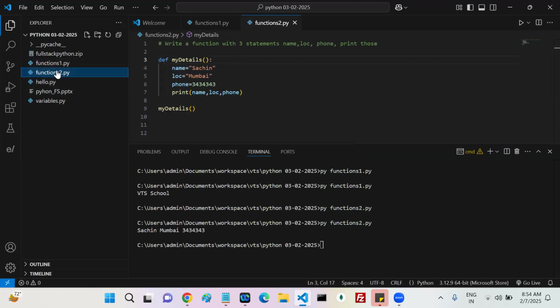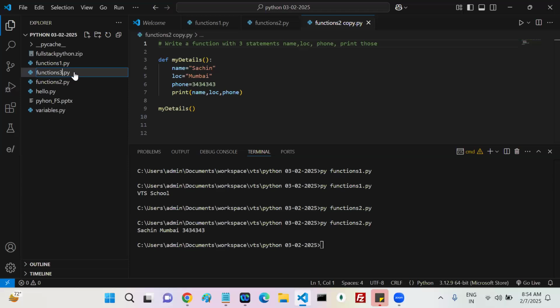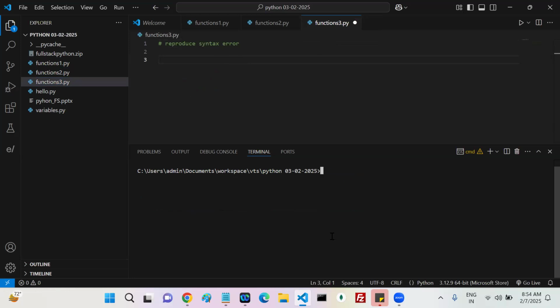Okay then, the next one. Reproduce a syntax error. That means I want a syntax error. Write the code to get the syntax error. Any type, but a syntax error should come. Def, come on, write a function. Okay? Write a function. Next,